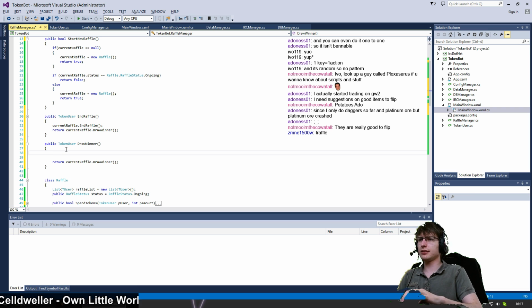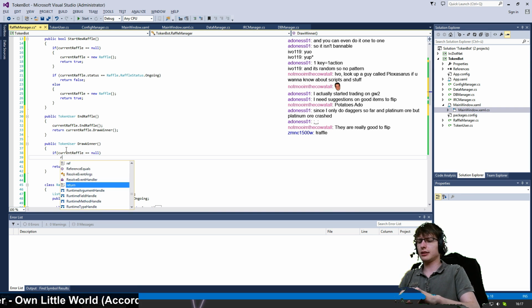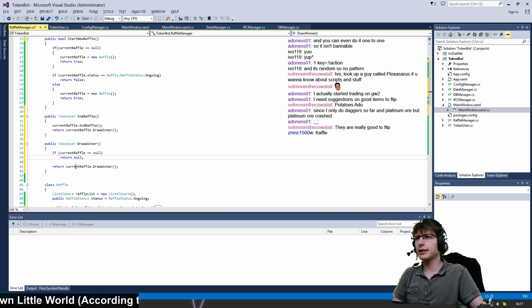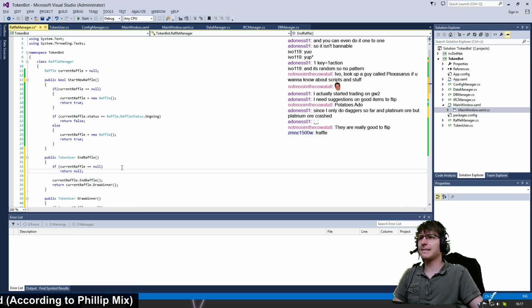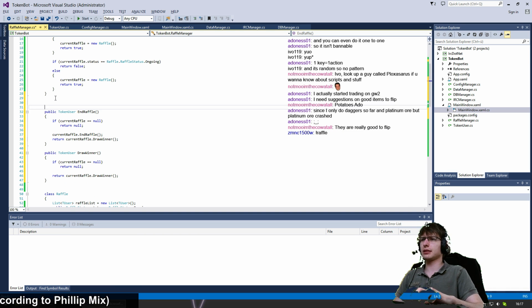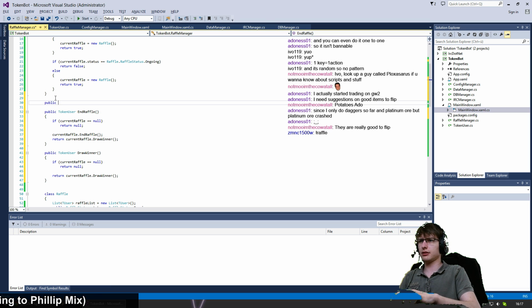Also, to make a check here: if current raffle equals null, then return null. We do that in both functions because current raffle can be null in both. And then we also need a function for public pool spend tokens,